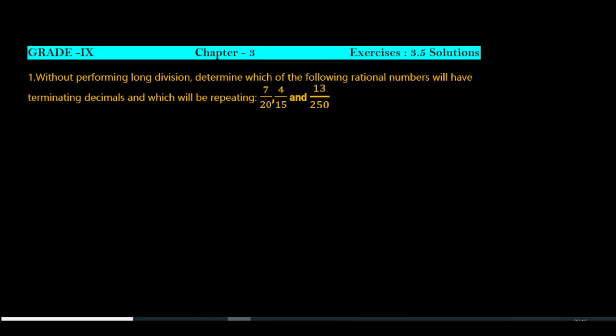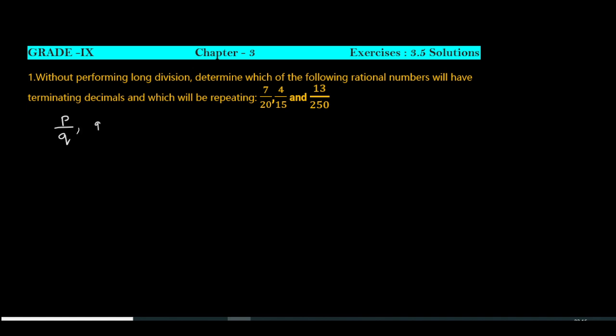Hello students, in the chapter Number System, we will see exercise 3.5. First question: without performing long division, determine which of the following rational numbers will have a terminating decimal and which will be repeating. So you know very well a rational number is in the form of p by q, where q is not equal to 0